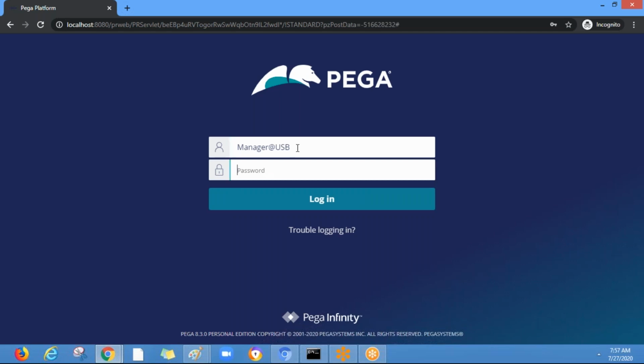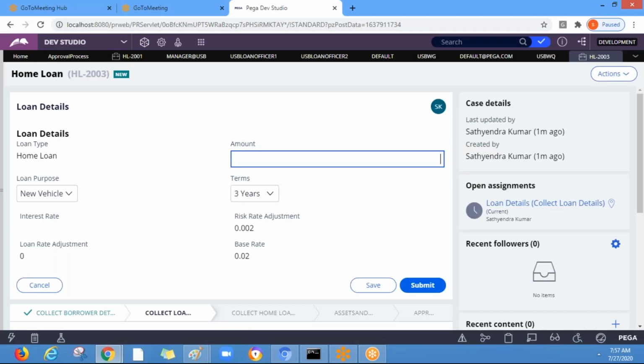So manager at the rate of USB. Loan amount is 60 lakhs. Submit it.